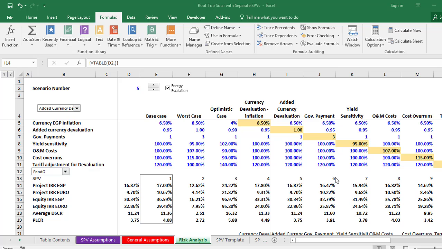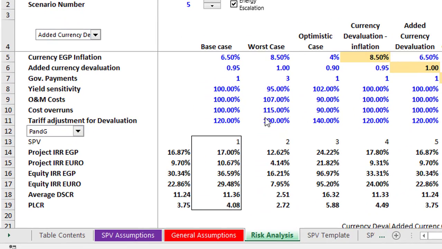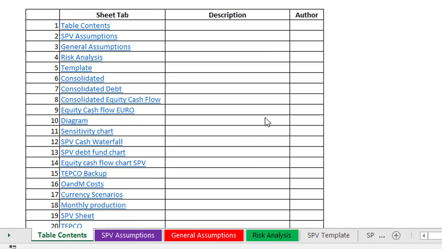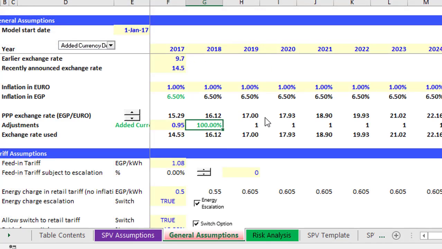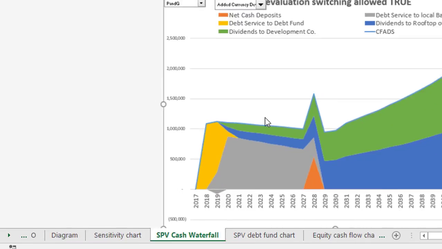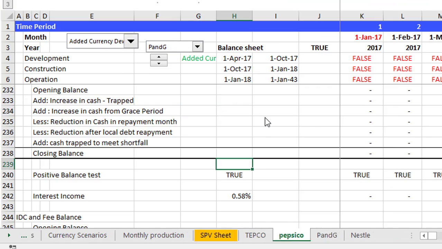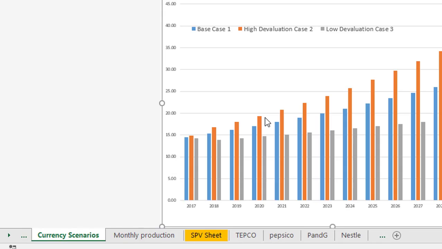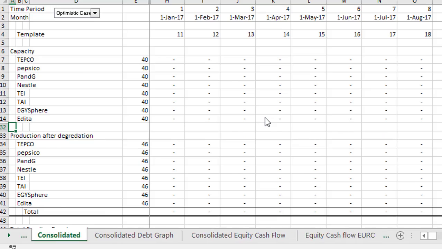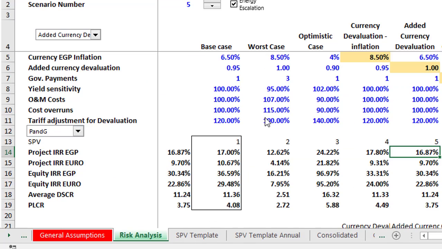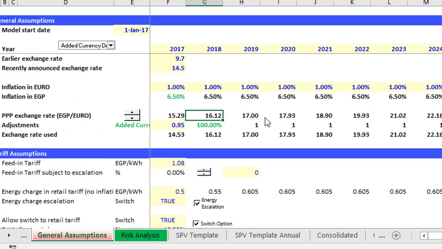So this is a model, and this model has nothing to do with the database right now. This is a kind of cool thing we made where we put all these SPVs together. We had a separate model of a whole bunch of different SPVs, and each of the SPVs was then consolidated up, and there was all sorts of exchange rate risks and everything else. And all I'm trying to show you here is when we made our assumptions sheet, the green sheet was the one that